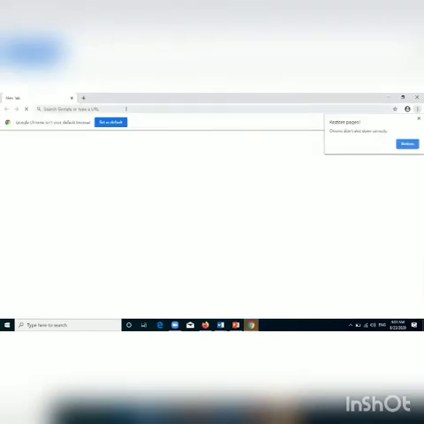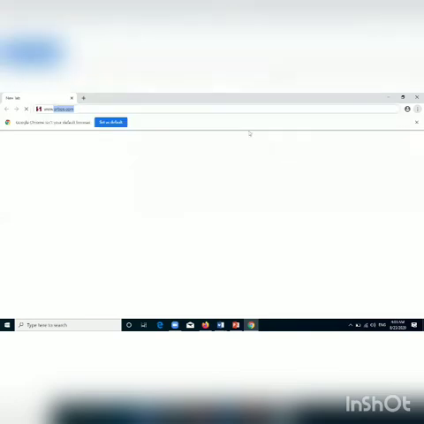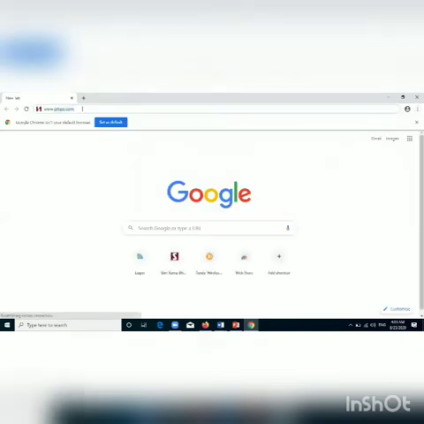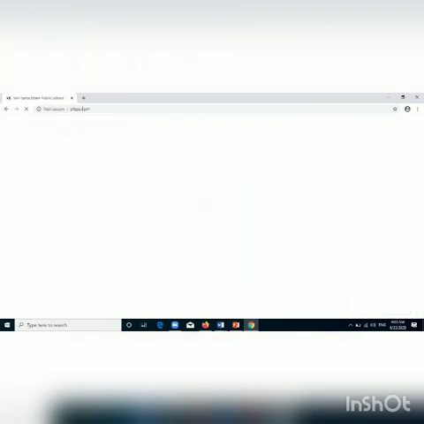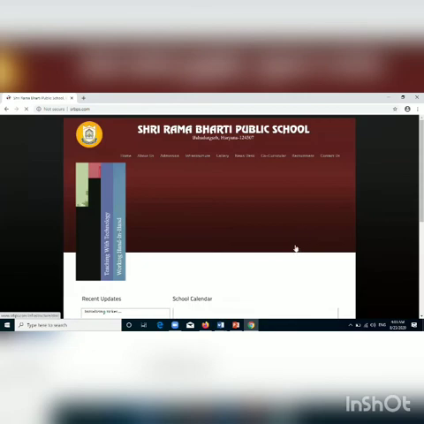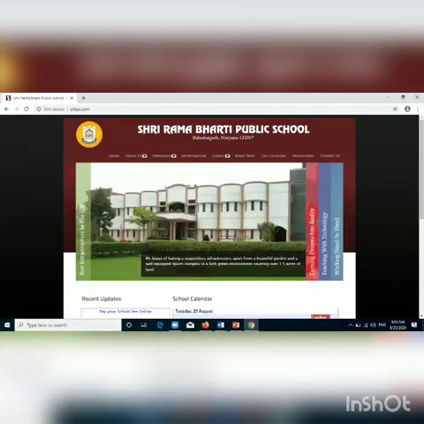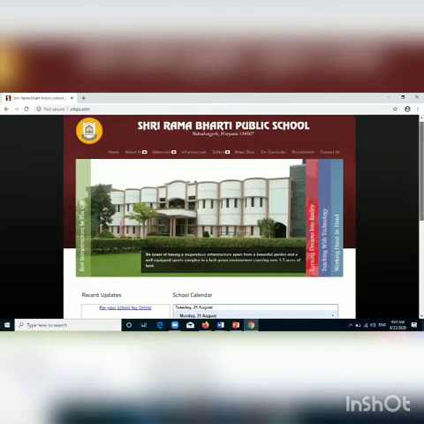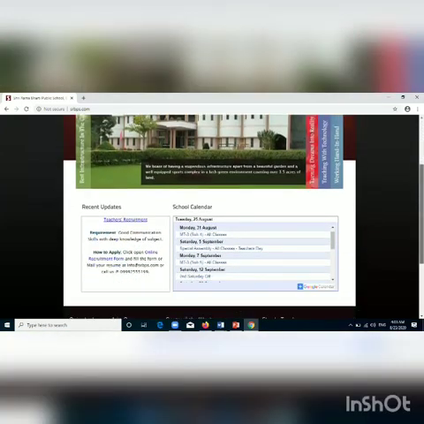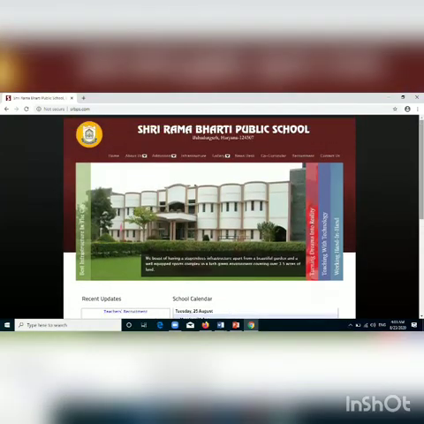This is our address bar, so any website you can write here. I am writing our school website, www.srbps.com. When you open the website, you can see one page will open. This is our web page, and the very first page of any website is called the home page.